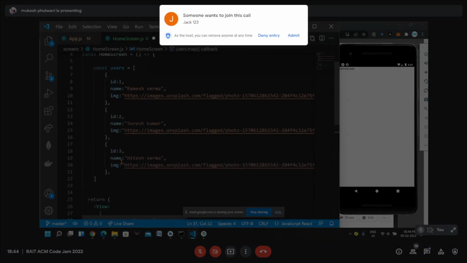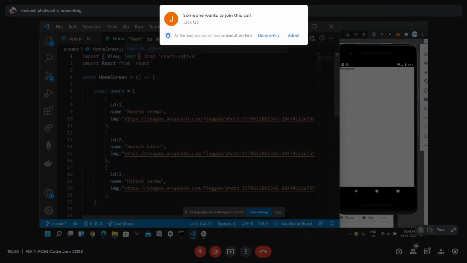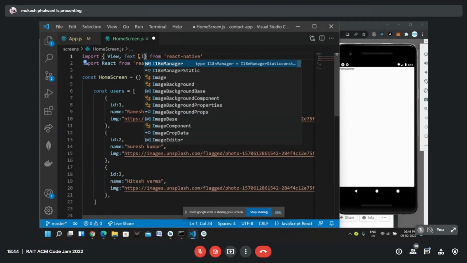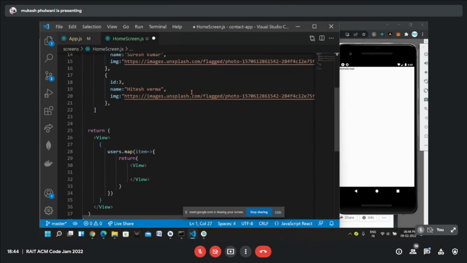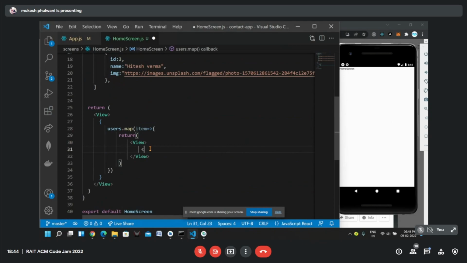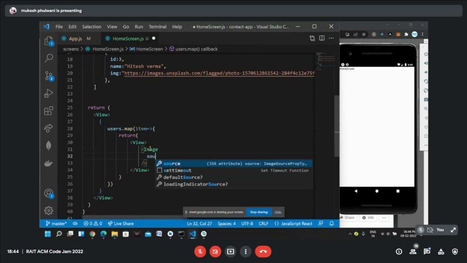So I can import the Image component from React Native, and I can self close it. To the image we have to give a source.